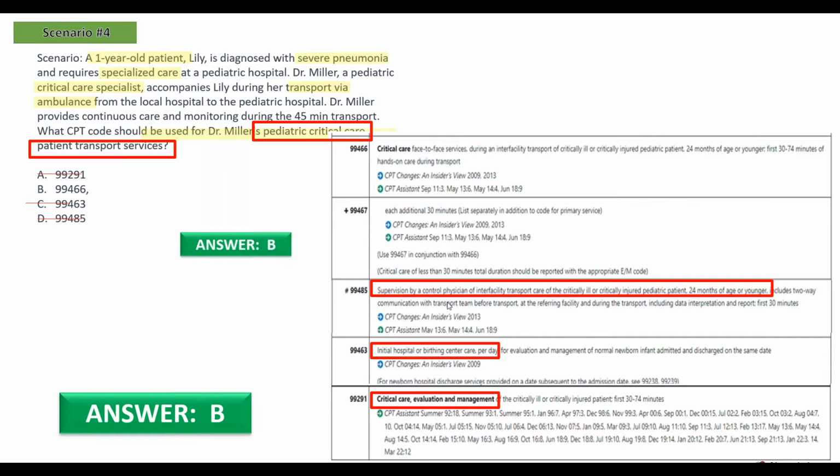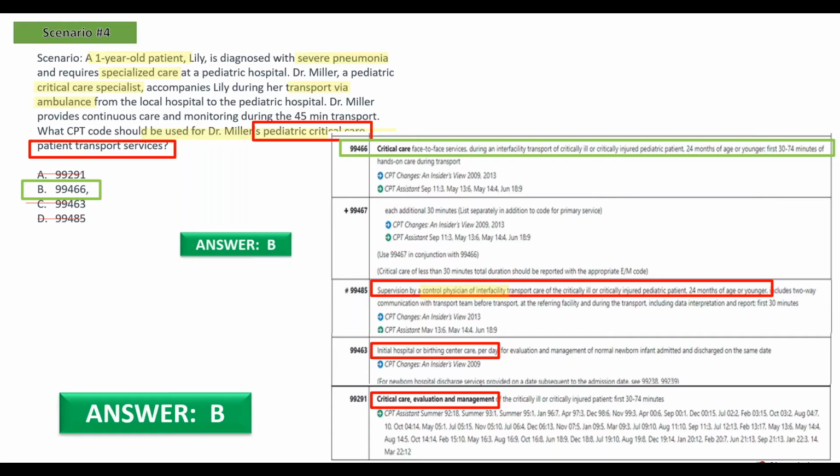We didn't have the supervision of a control physician in our scenario. We were only coding for Dr. Miller's services, so there was no physician who controlled this pediatric transport service. Option D is incorrect, and the correct answer for this scenario would be option B, which is 99466,